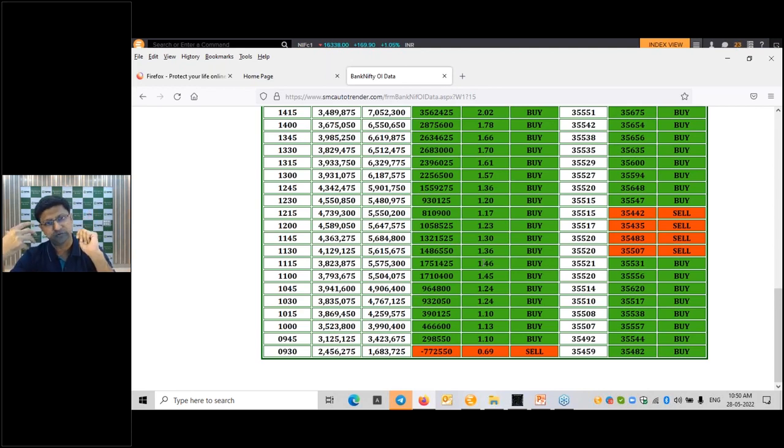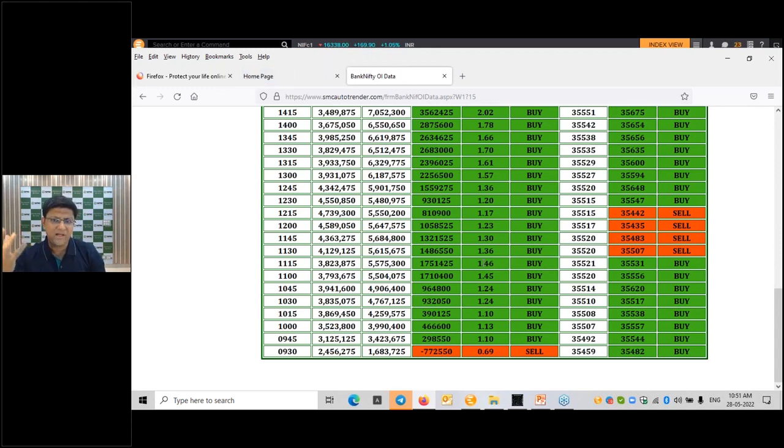PCR negative. So that is a complicated scenario because Nifty PCR is positive, so Nifty will always want to go up, and Bank Nifty PCR is negative, so Bank Nifty will want to go down. So there will be a tug of war between Nifty and Bank Nifty. Nifty will try to push up and Bank Nifty will try to push down. Normally this happens when Reliance is moving up, the bigger hands are trying to move Reliance